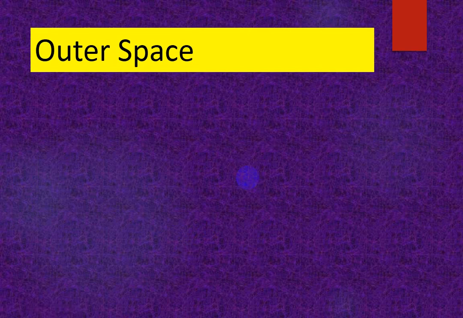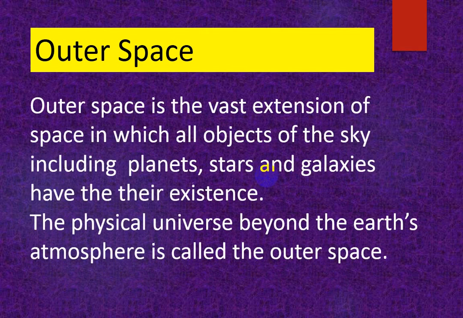Where does outer space begin? Our Earth is surrounded by layers of air. This layer, around 120 kilometers above the Earth's surface, is the atmosphere. Near the Earth, the atmosphere is more dense. If we go to the top of the atmosphere, it is less dense. So at a point the atmosphere becomes empty. From here outer space starts. So outer space is the